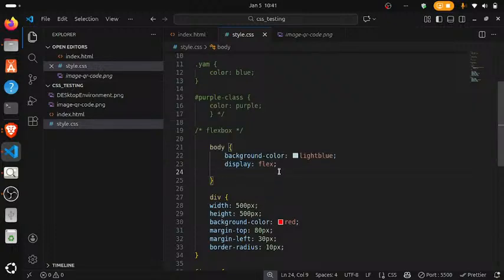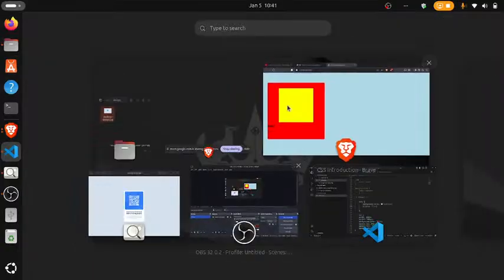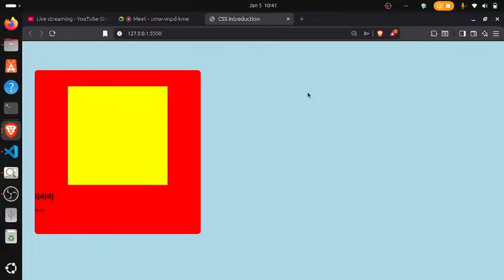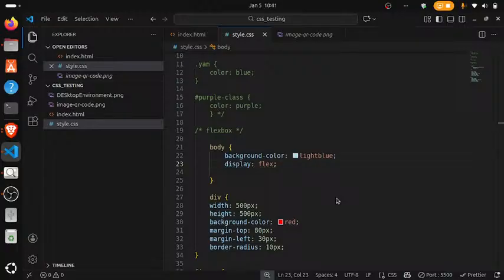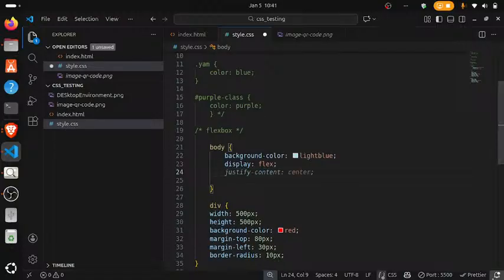Normally, if we say display flex and we have two different elements, automatically those elements align together with each other. Don't worry, I'm going to have another example that we're going to use to highlight that properly. For now, let's use this. So this display flex that we've said automatically means this CSS we want to use now is flexbox. So now we can use everything that has to do with flexbox. Now if I say justify content center,